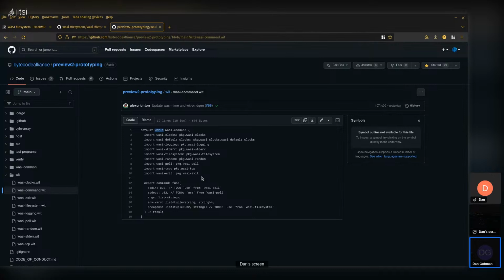And so even as WASI grows and has lots of different interfaces, I think different embeddings may not even want to implement all those interfaces, right? So if you're implementing something in a headless kind of configuration, especially in a serverless or